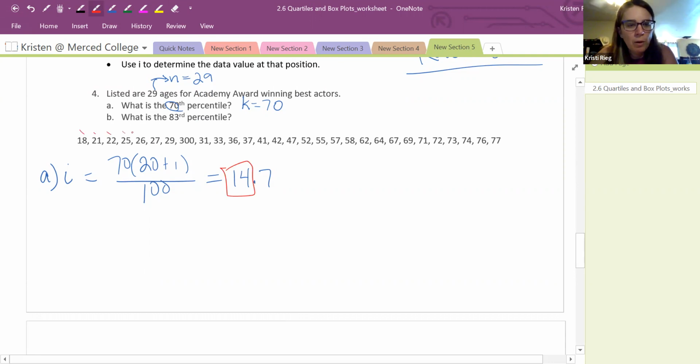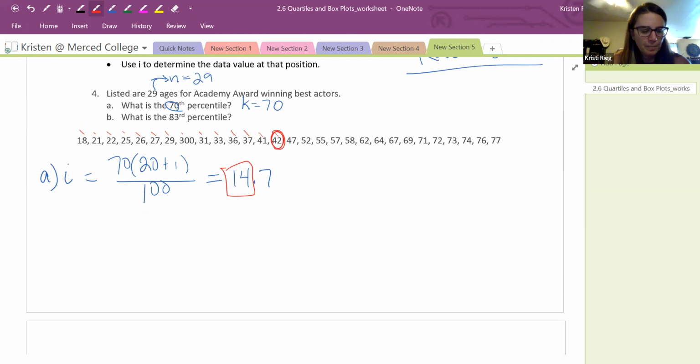1, 2, 3, 4, 5, 6, 7, 8, 9, 10, 11, 12, 13, 14. And there we have it. We have our number that is 40th on this list. I mean, 14th. It's the 70th percentile. Okay,